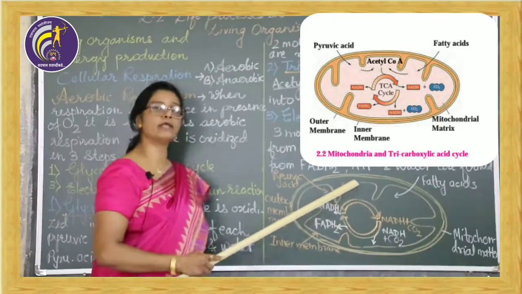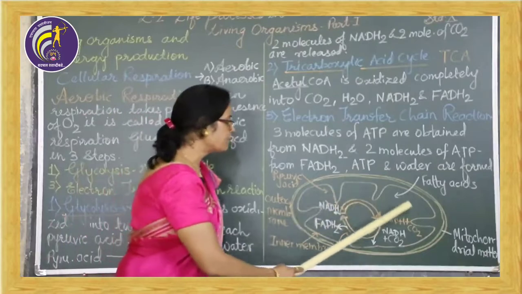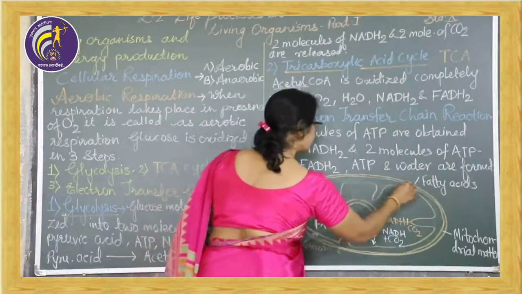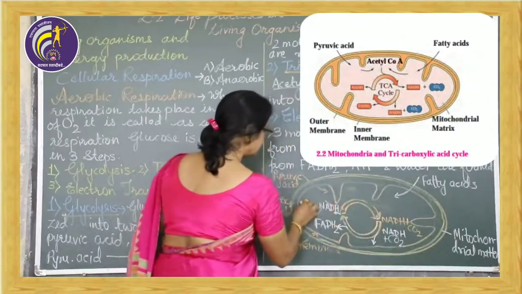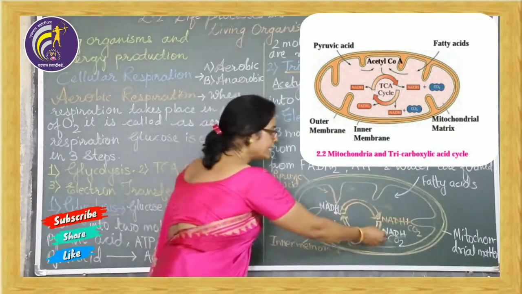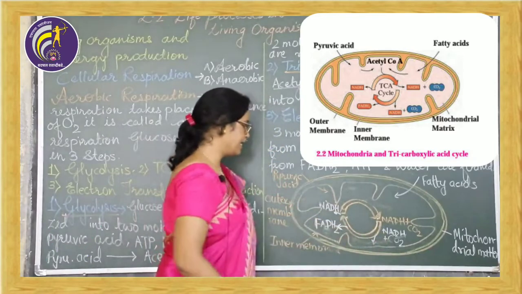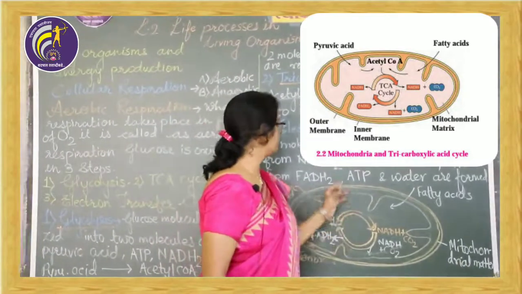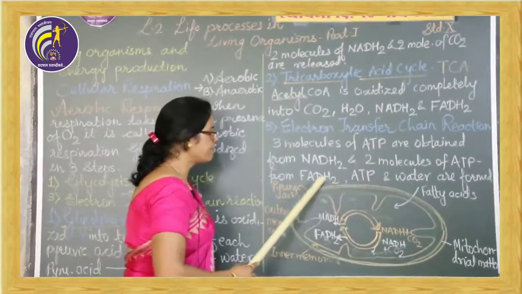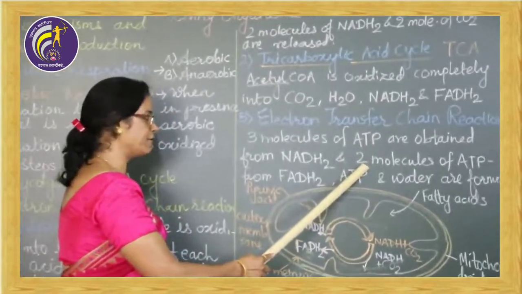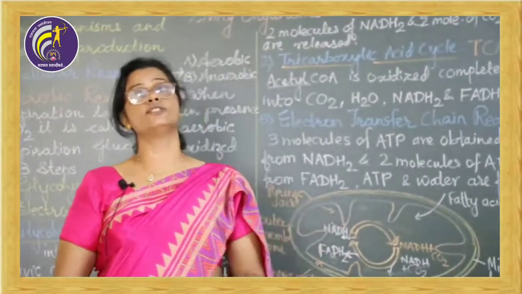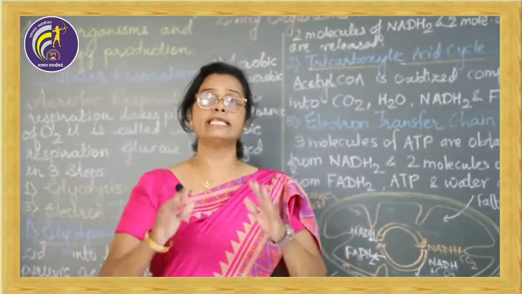On these cristae, F1 molecules are present, and the mitochondrial matrix is the fluid part, which helps in the conversion of NADH2 into NADH plus CO2. Again NADH plus CO2 is reutilized and converted into FADH2. So here you will see that NADH2 gives 3 molecules of ATP and FADH2 gives 2 molecules of ATP. The ATP molecules that are liberated are stored in the cell, and whenever energy is required by